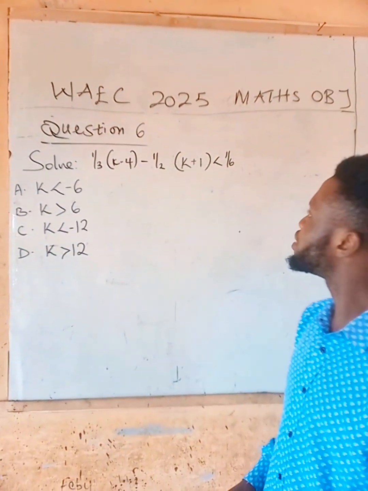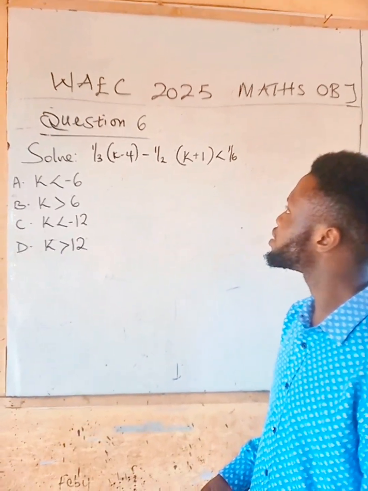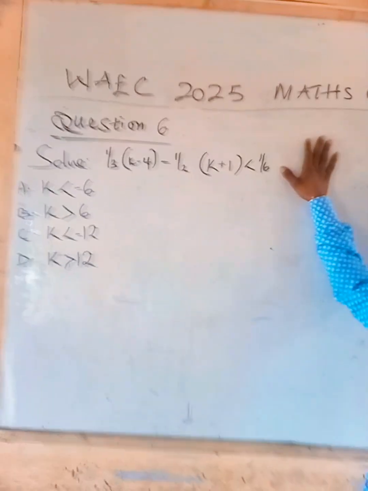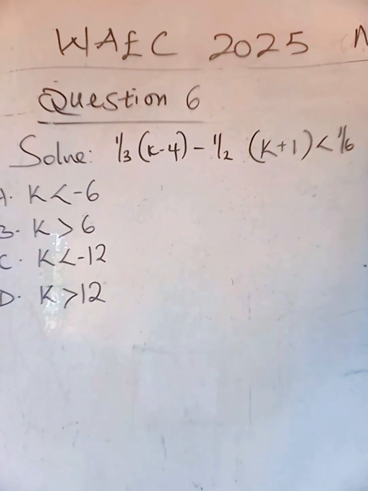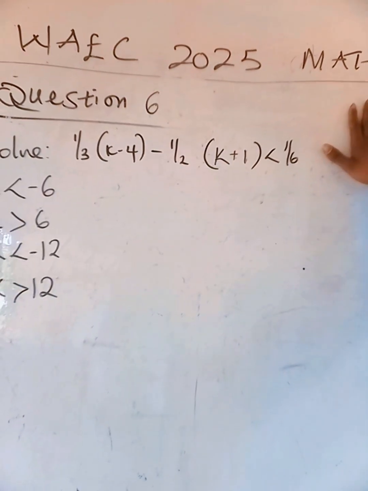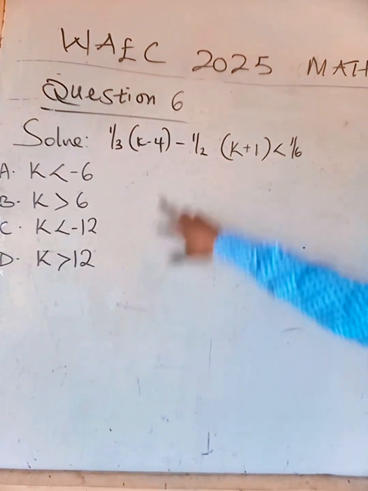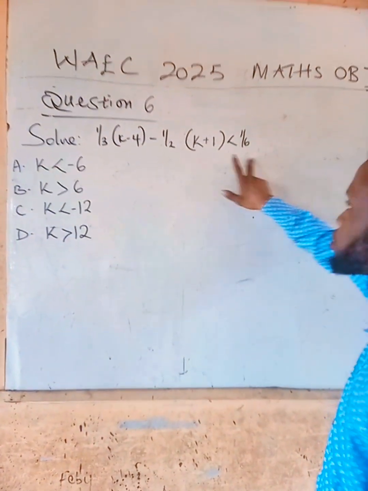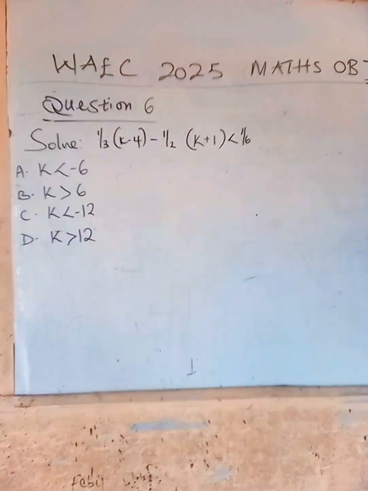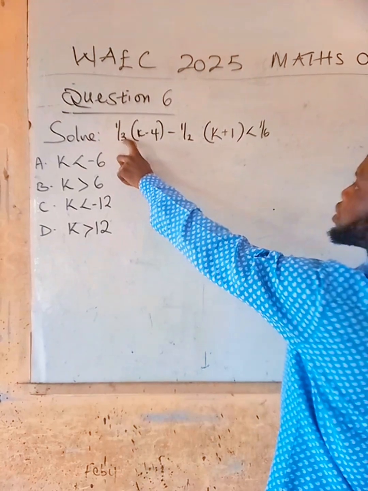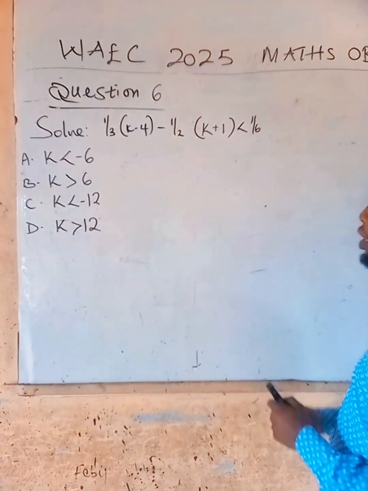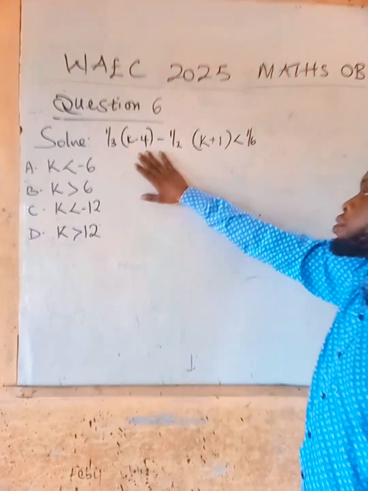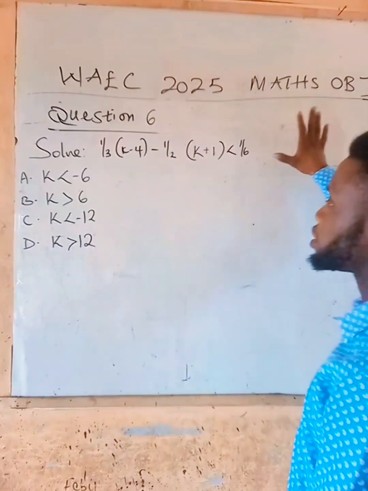Question 6 is on inequality. So we have to solve this question. This is very simple, but the first thing we need to do is eliminate the denominator. Here we have 1/3, here we have 1/2 and 1/6. We need to eliminate the fraction. And what's the LCM of 3, 2, and 6? The LCM is 6. So to eliminate this fraction, we have to multiply each term by the LCM, which is